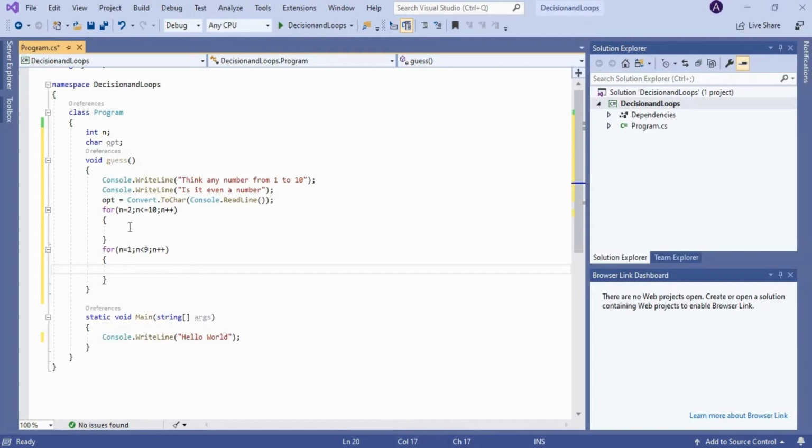So in these two loops, all the numbers will come, right? So that is 2 to 10: 2, 3, 4, 5, 6, 7, 8, 9 and 10 will come inside this loop, right? So for that, we can change the condition as n modulo 2 equal to 0, right? So we need to find this condition as well as, for odd number, n modulo 2 not equal to 0, right?